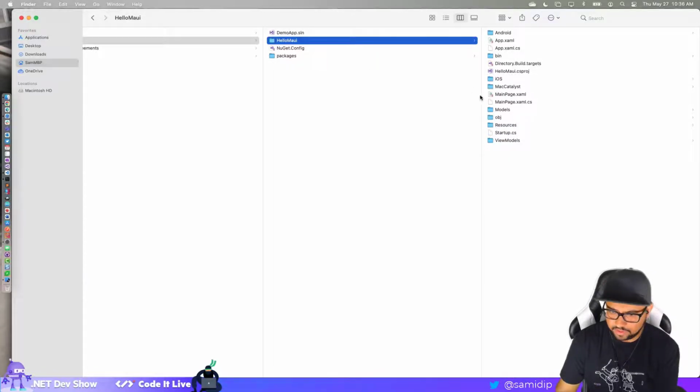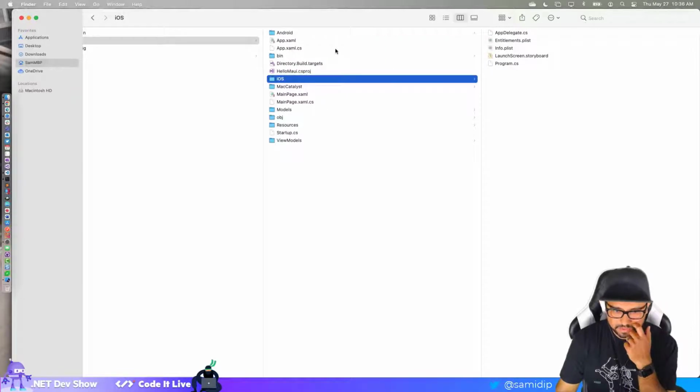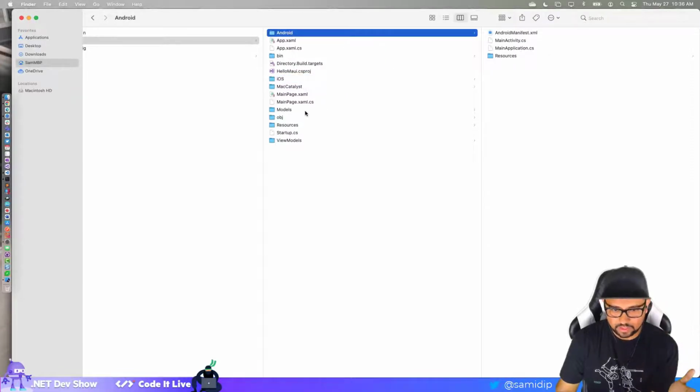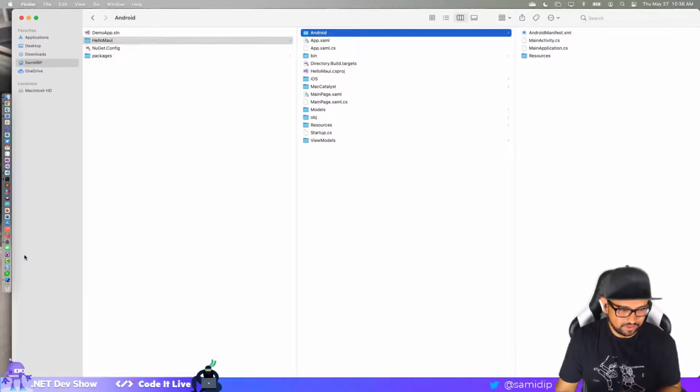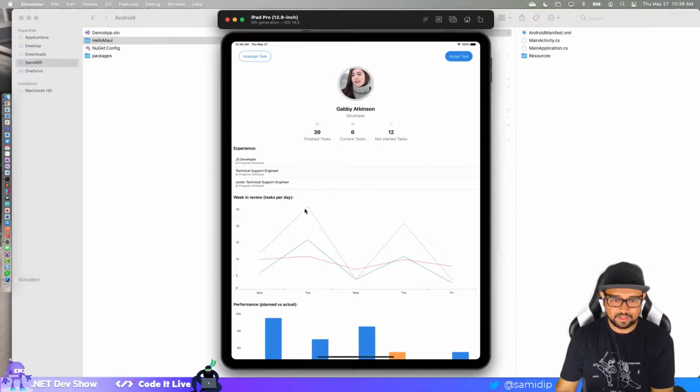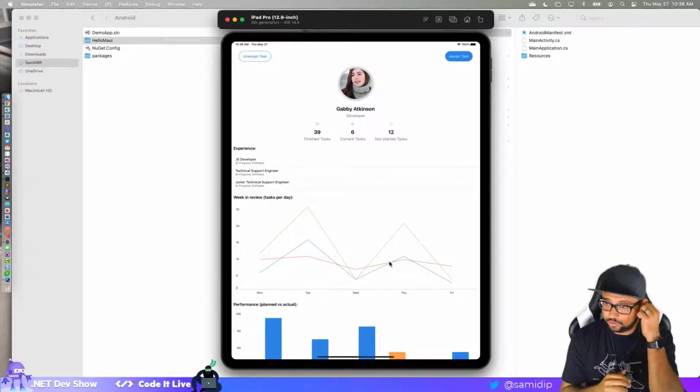Oh, I thought we had iOS or Android. Like it has an iOS folder here, which we're not using, but the app delegate stuff, and then Android. There is no Windows or Mac yet. Okay, so bear with us, early days. But this thing works. So it's just a simple app, and it doesn't navigate anywhere, but it shows like 4 of the controls that